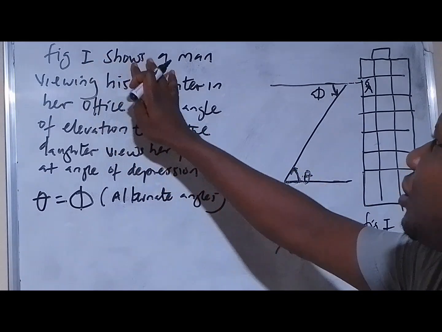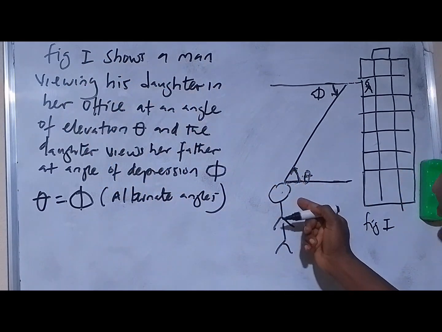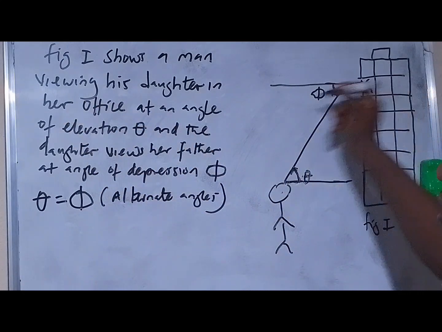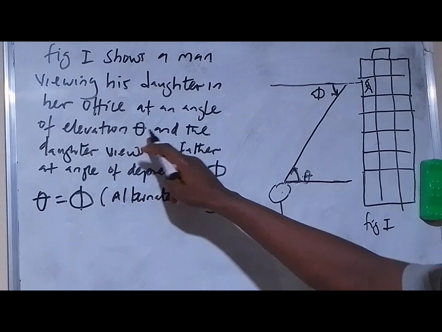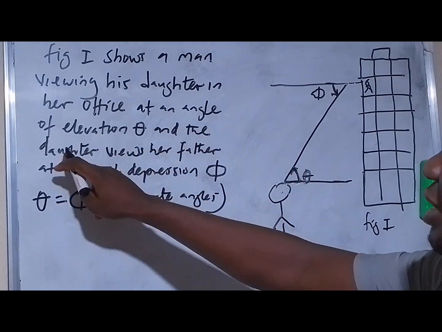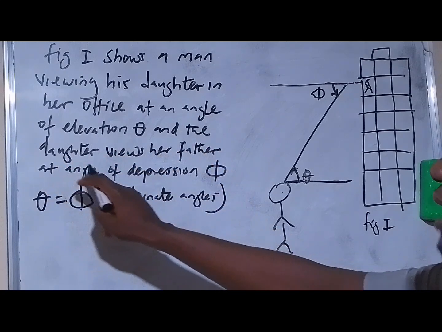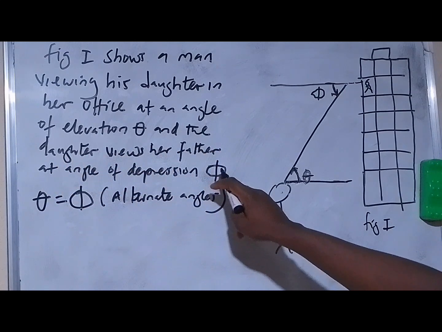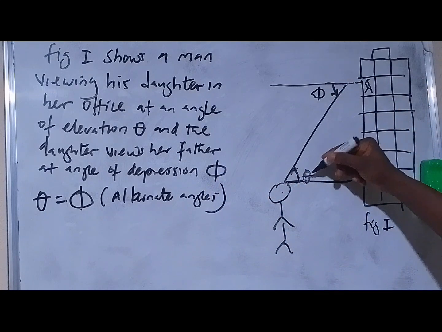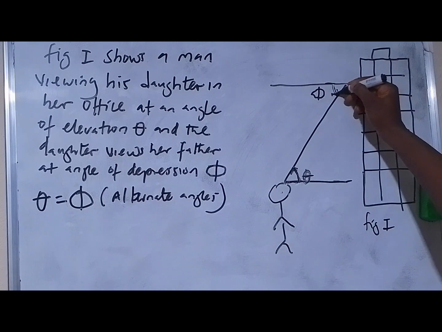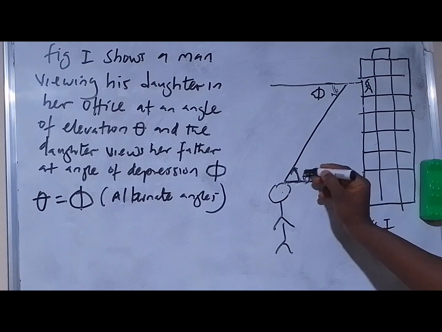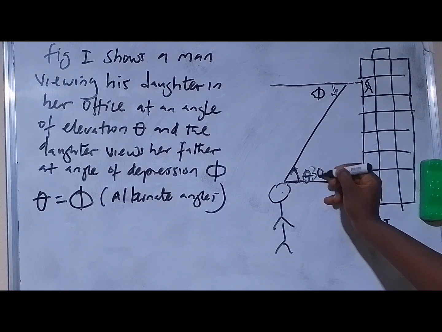So here in figure one shows a man viewing his daughter in an office. The daughter is in an office at an angle of elevation, theta. Angle of elevation, look at it. And the daughter views her father at this angle, which is the angle of depression. So here now, if this is 30 degrees,